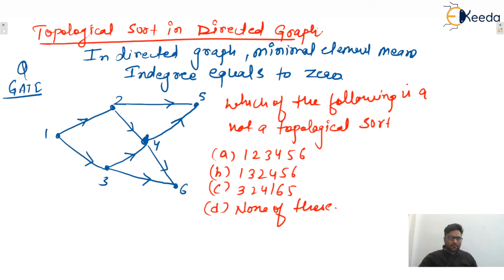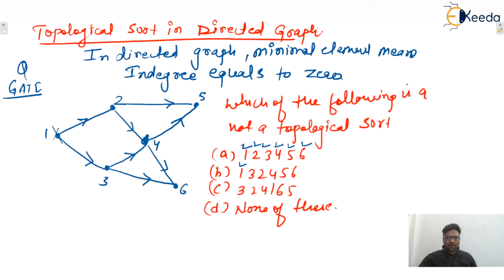Here we can say that 1, 2, 3, 4, 5, 6. Yes, delete 1. Yes, we can add 1 because in degree is what? 0. Now when we delete 1, then corresponding edges will also be deleted. Deleting any node means edges are also removed. Now in the remaining graph, 2 and 3 will not be having any in degree, so we can assume 2, isn't it? After that we can take 3, and if we remove 2 and 3, then 4 will be having 0 in degree, then we can take 4, and finally 5 or 6.